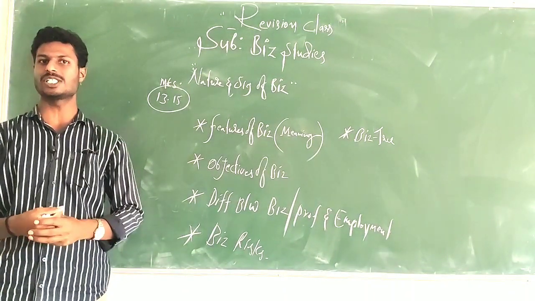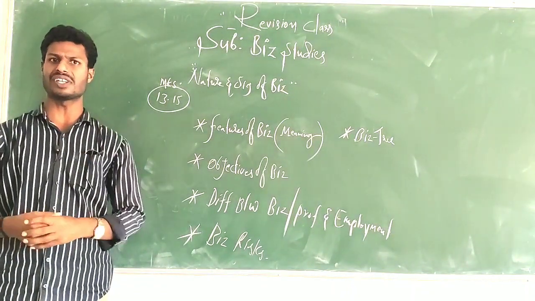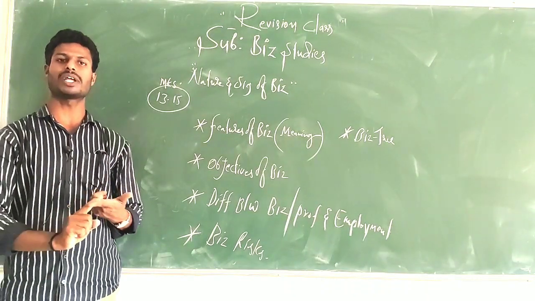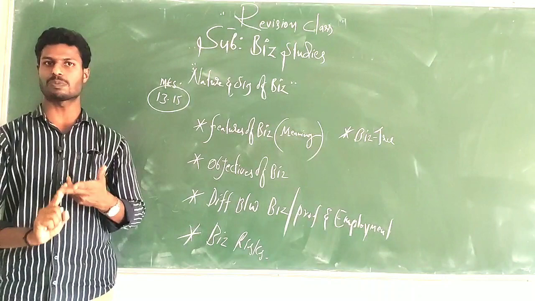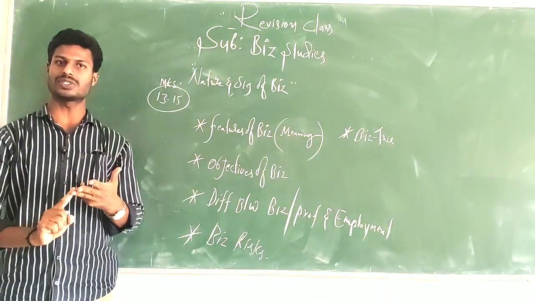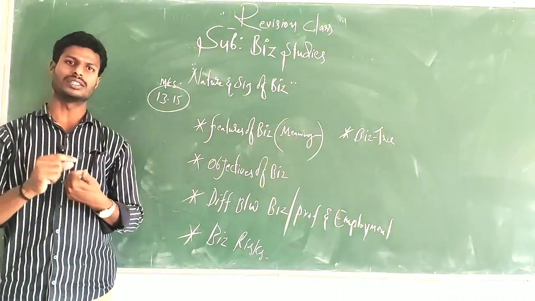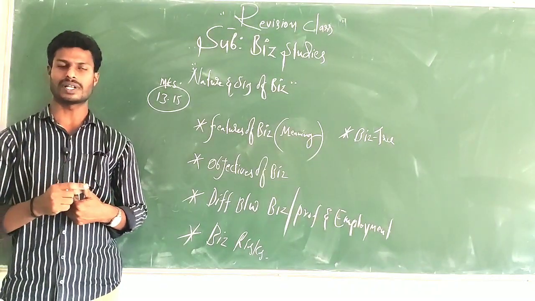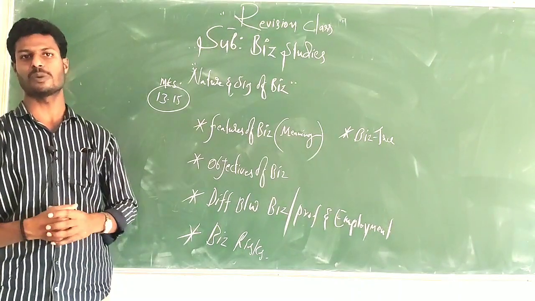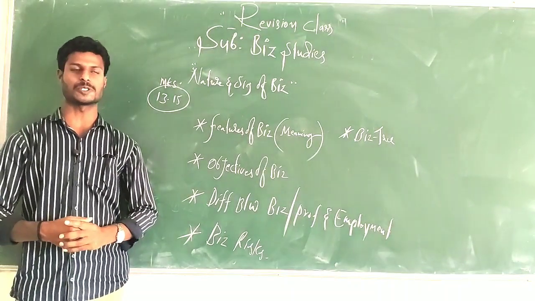Do you remember the features of business? Very simple. In the meaning itself, you can identify the features. One is economic activity. The second feature is purchase of required resources. The third feature is production of products. Next one is distribution of products to the end user. Then analyzing the behavior of customer. Then presence of risk. Then uncertainty of returns. So these are the features of business. Very important.